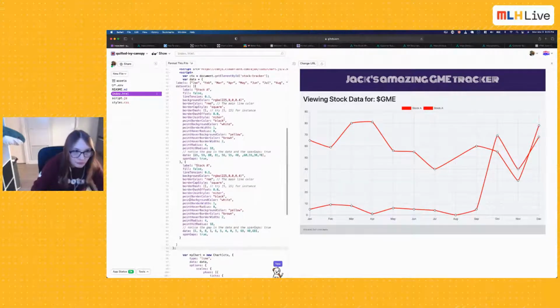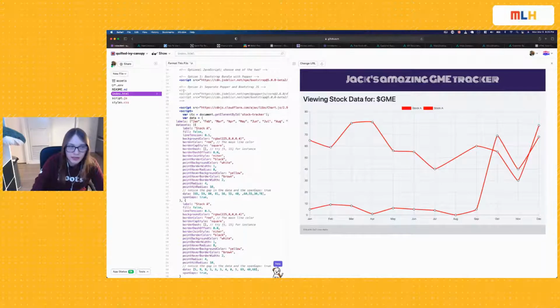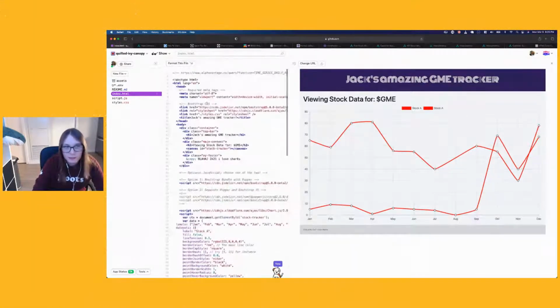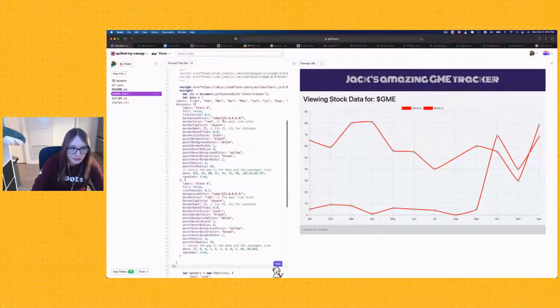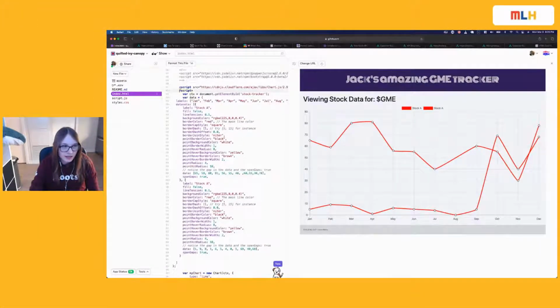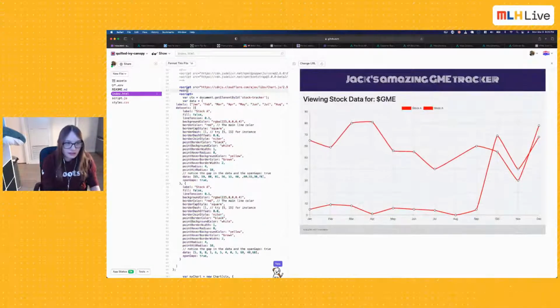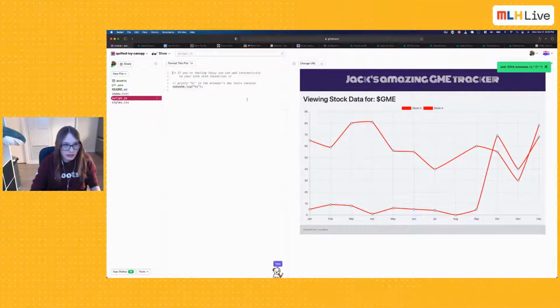So what I want to do is probably extract this all out. I'm going to leave this script here for now, but I am going to add a new script. It's going to be called script.js. So script src equals /script.js. And what script.js is going to do is